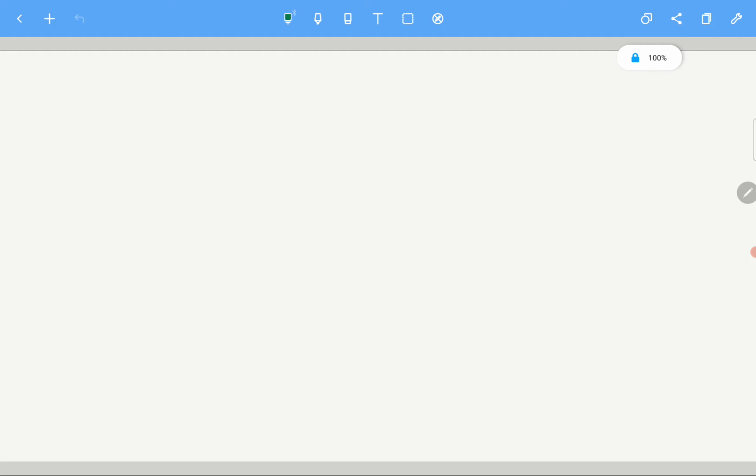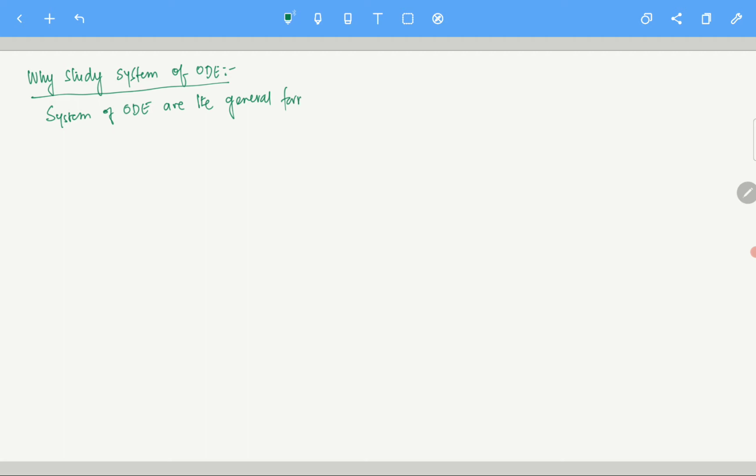Now another thing is this. Why study system? Why study system of ODE? So the main thing is this. This is the most general version of ODE. So system of ODEs, they are the general form. What do I mean by this? Let me write it. General form, and that is, any